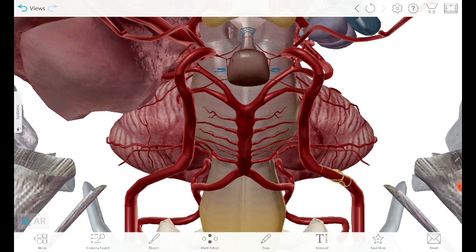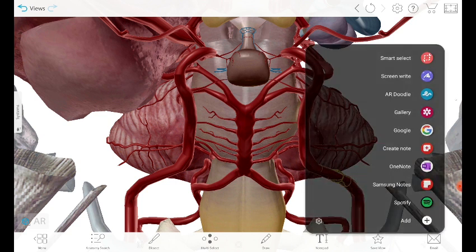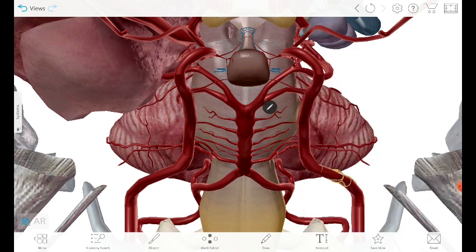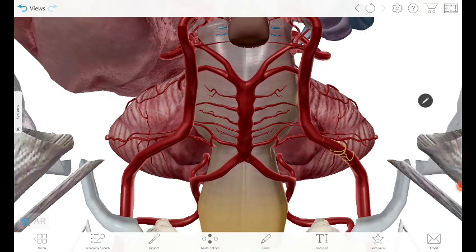So in this model I have removed the cranial nerve 3 and 4, but if they were present we could see them traveling between the superior cerebellar artery and the posterior cerebral artery, and hence if there is any aneurysm in the posterior cerebral artery, it can compress onto cranial nerve 3. So we saw the pontine branches, then we saw the superior cerebellar branch, then we saw the posterior cerebral branch, and there's one more branch which